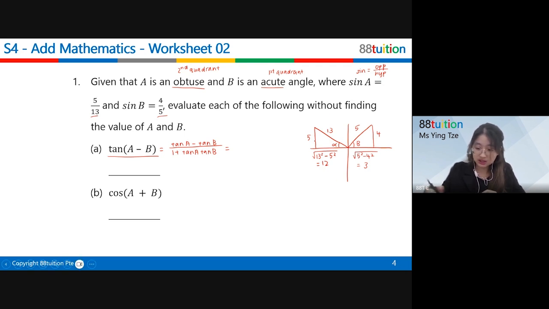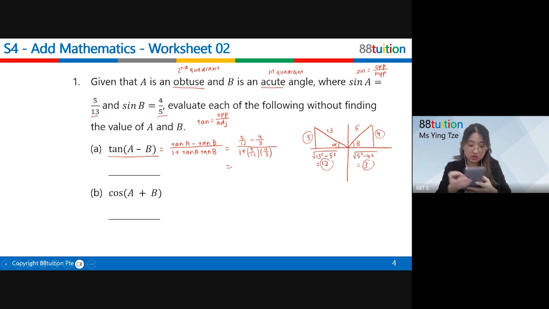The tangent is opposite over adjacent. Opposite is here, adjacent is here, so 5/12, minus, here opposite is here and adjacent is here, 4/3. Then we divide by 1 plus 5/12 times 4/3. If you key that into the calculator, you should get